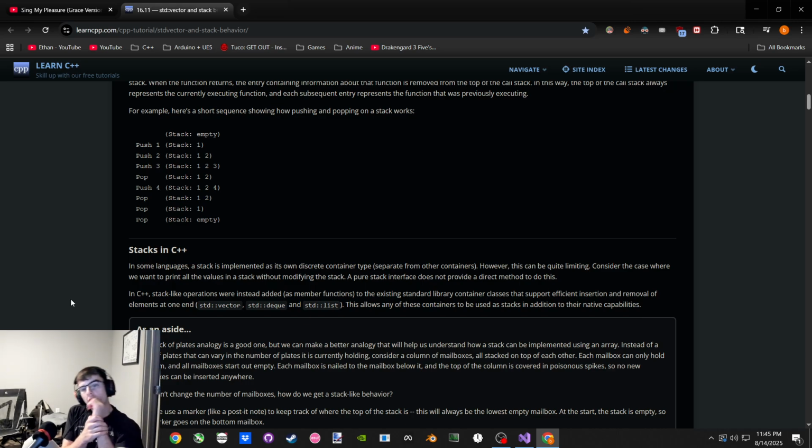If we want to print all values in a stack without modifying the stack, how does that work? It seems like in order to get access to the next thing, we have to pop the top thing off the stack. We can peek the current one. We can look at the current top of the stack. I can pull the stack over here and look at it, but I don't know what's underneath unless I actually pop these off, which means that those have to return, maybe?